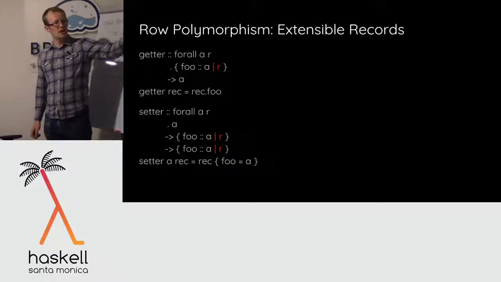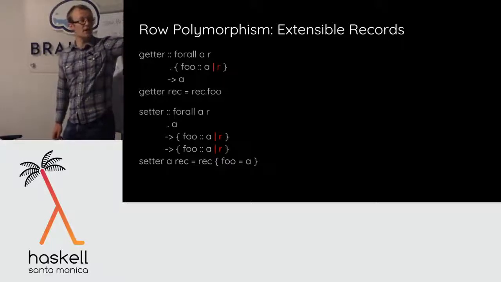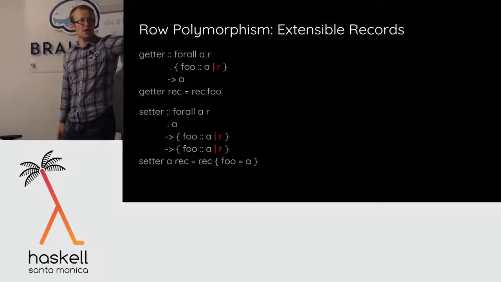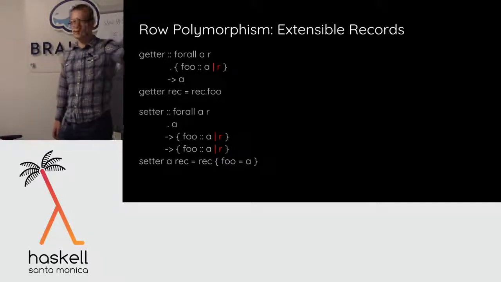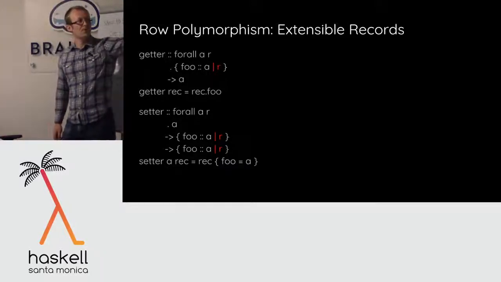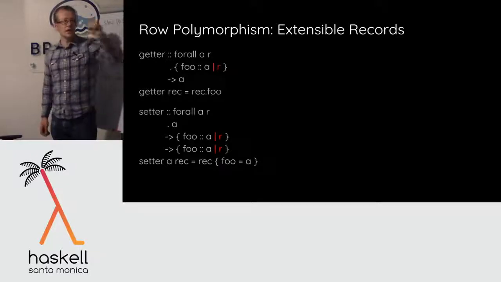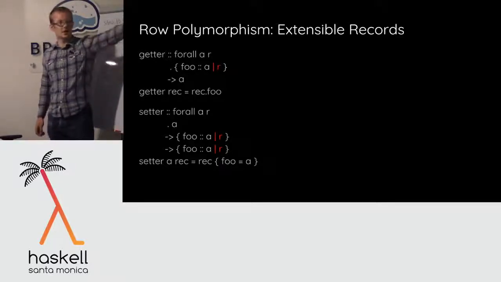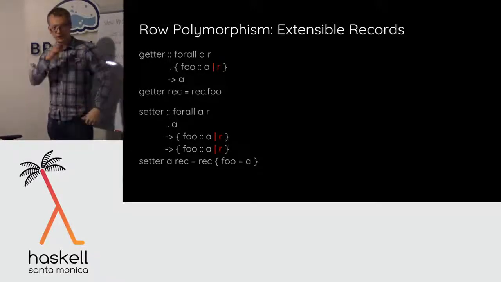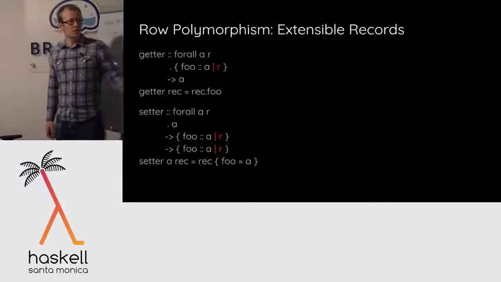So suppose we want to write, this is a valid PureScript program here, right? So a getter for the foo property on a record. So getter of a record is rec.foo, right? So it's just like JavaScript. You can just say, you know, object.property. What type does this have, right? So it certainly takes an object as its, oh, I should say this is the inferred type, right? You don't have to add this type annotation. One nice thing about row polymorphism as opposed to subtyping is that type reconstruction is possible, okay?